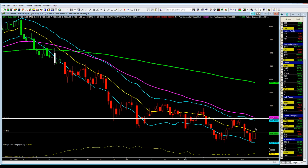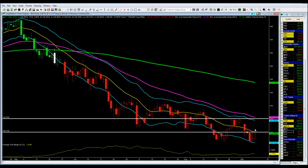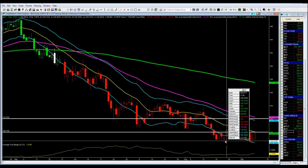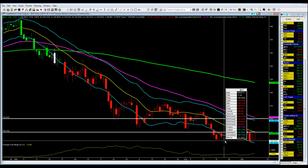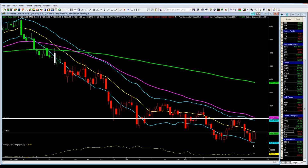129.27, 129.28. Okay, but first I need to see the market rally up through 130 and 2/32. Okay, so 130.06, I need to see the market hit that number, and then I'd wait to buy a pullback. Okay, and then again, the initial catastrophe stop loss would be below 128.12, which is the lowest low here, okay? The low that was put in place on August 22nd is 128.15. See, so the market took that number out marginally, okay, to 128.12. So my initial catastrophe stop would be